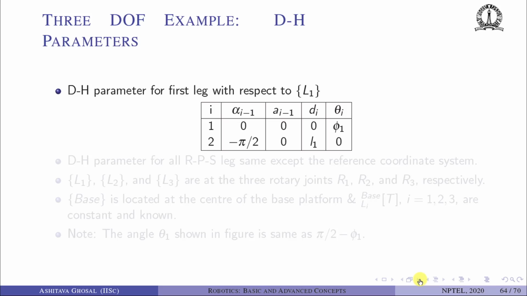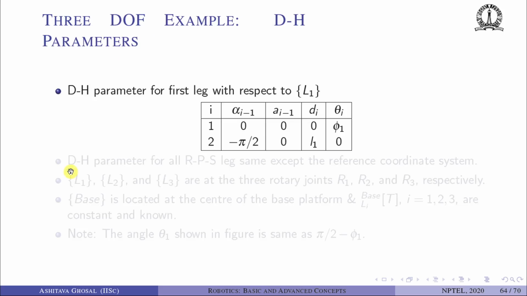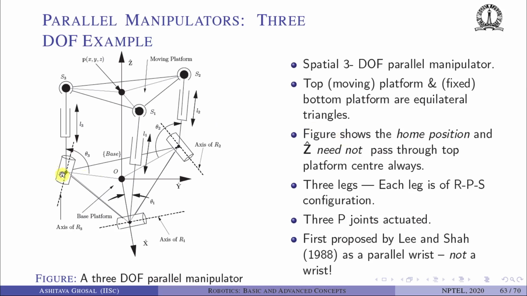Okay, so the DH parameters for the first leg with respect to L1. So we fix one coordinate system L1, another one L1 here, L2 here, L3 here, fixed coordinate system in the base, can be shown to be nothing but 0, 0, phi 1. What is phi 1? It is some rotation angle of this first one. It is not the same as theta 1, but they are related. Okay, what will be phi 1? Actually, phi 1 will be between x and the z axis, but the angle here is shown as between this line and this line. So it is basically pi minus phi 1. Okay,